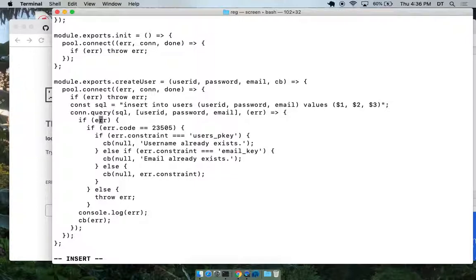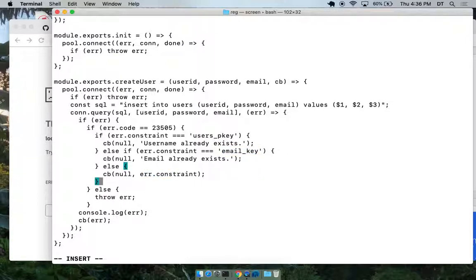And then if there's another error, we check to see if this is the code. If that's the code, we check the constraint. That means that the username already exists. Otherwise, we check the constraint to be the other value. That means the email exists. Otherwise, we don't know. I'm not sure about this value yet, so I want to print it out here.